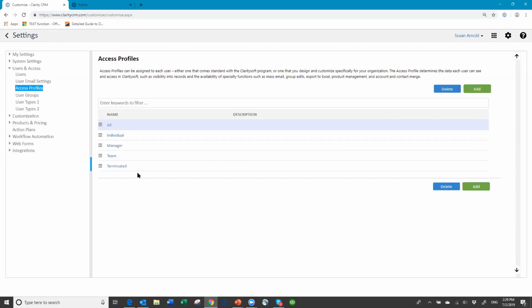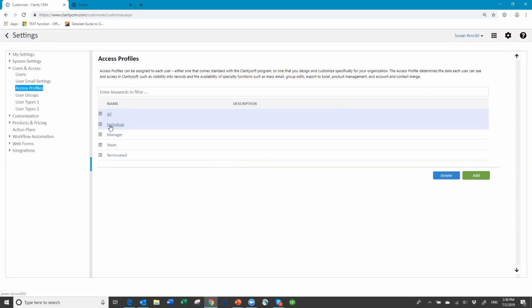These are the different access profiles that you saw in the user record. You can also create your own custom ones, and this is where you control what people can do in the database. So if I open the All Access profile,